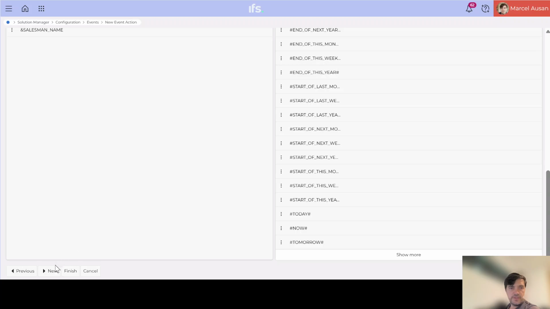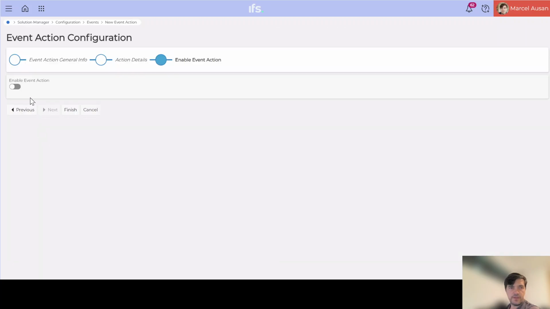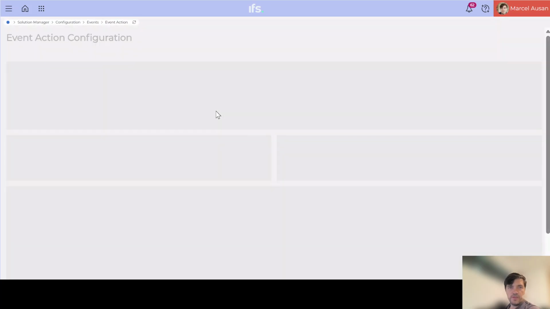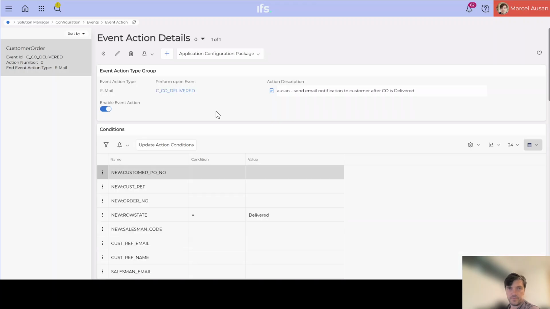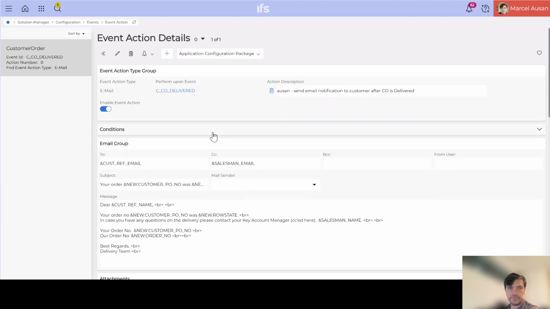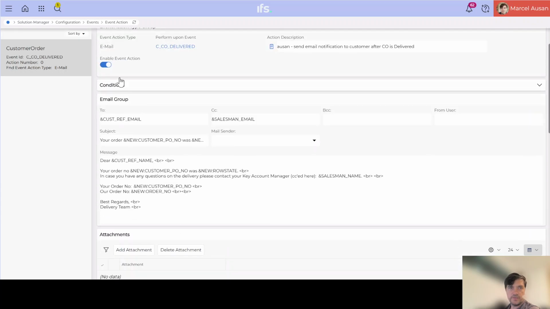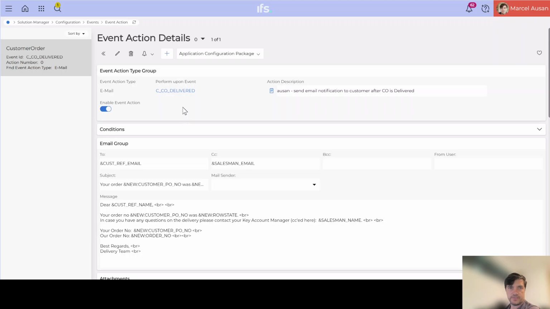Then we could just say next, and we can enable the event action and finish. Once you enable the event action, also the event itself will be enabled. You know? Let me just see again what we did. So we have an event action details. Again, we can add it to a configuration package. And once you add an event action to a configuration package, also the custom event itself will be added to